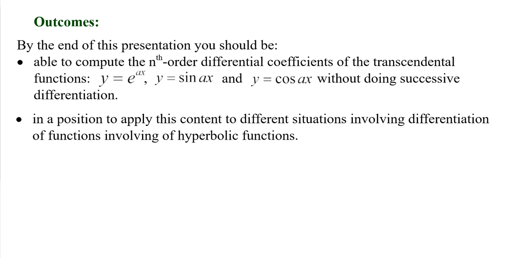So let's start with the exponential function e to the power of ax. We are all familiar with the fact that if we're given y is equal to e to the power of ax, whenever we differentiate this function, the root function itself, where we start from, normally bounces back, multiplied of course by the derivative of the argument. So in this case, the first order derivative will simply be a e to the power of ax, and